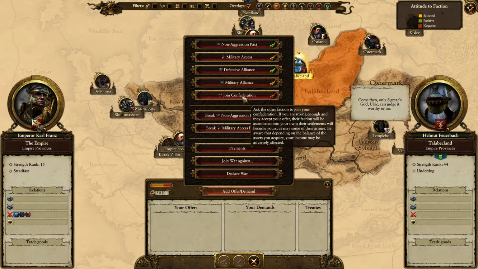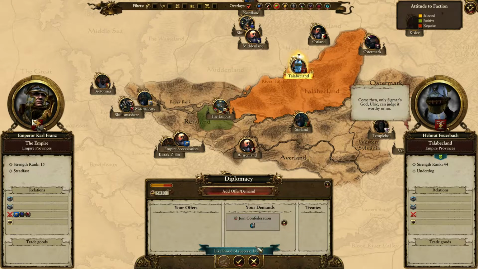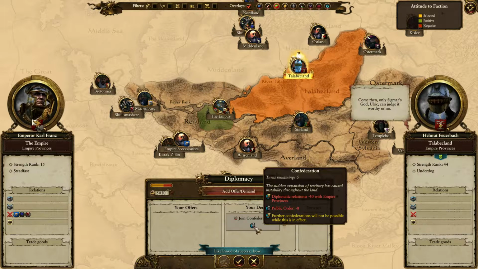Join Confederacy. Now, I think this is like where you... Hold on, let me read it, because I haven't actually done this before. Ask of affection is join your Confederacy. If you are strong enough, accept the offer, your faction will be assimilated into their own... Oh, nice. So you will own them as part of your own province. That's pretty useful. And it's low, so it's not likely to happen. I don't quite know how to do that,